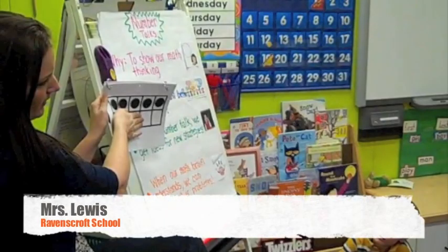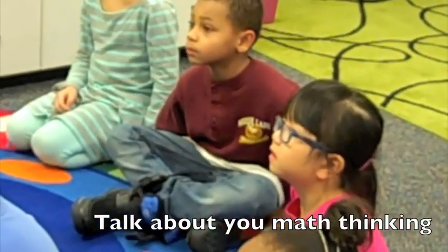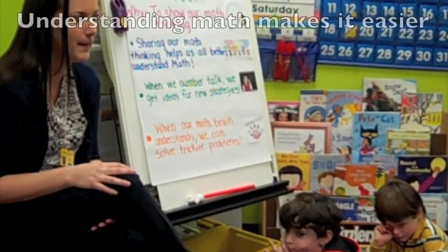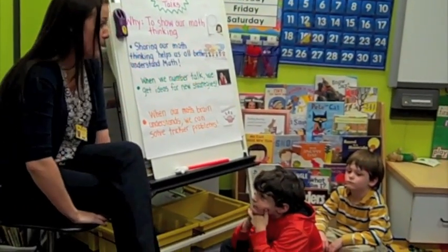If you tell them how did you solve the problem? Yeah, so if you talk about your math thinking, you can help others. And when we understand math better, what is that going to help us do when we better understand math? Hannah? Make it easier for us. It's going to make it easier, and eventually you'll be able to solve even trickier problems because